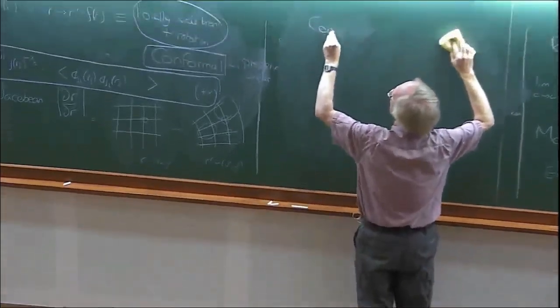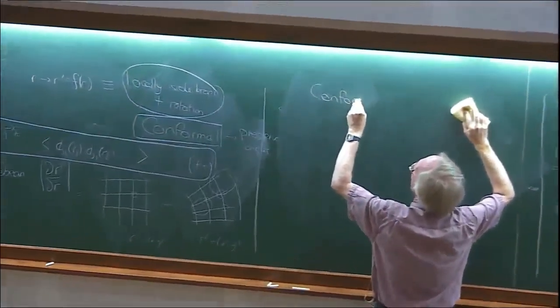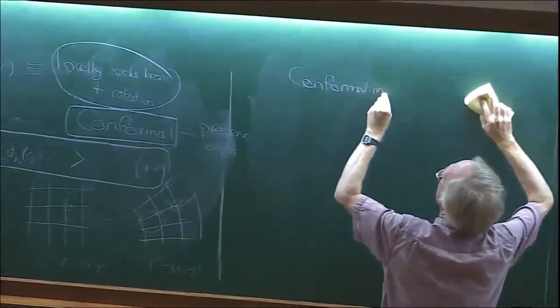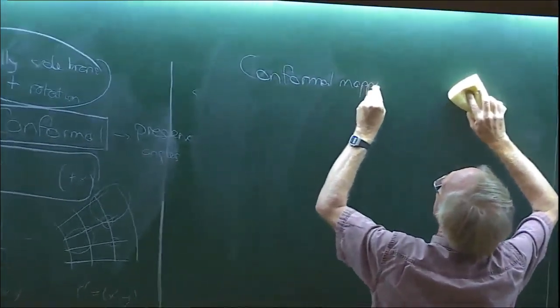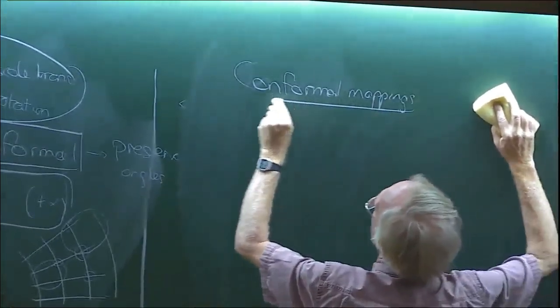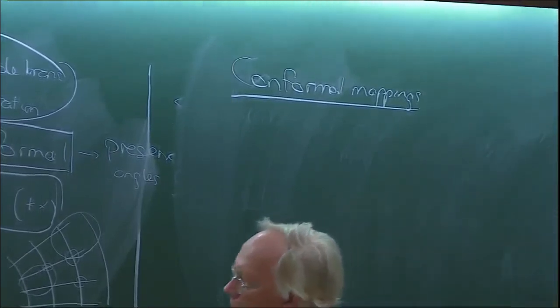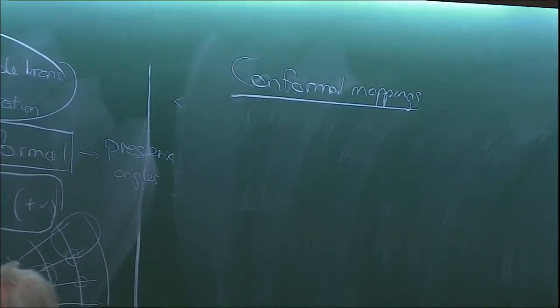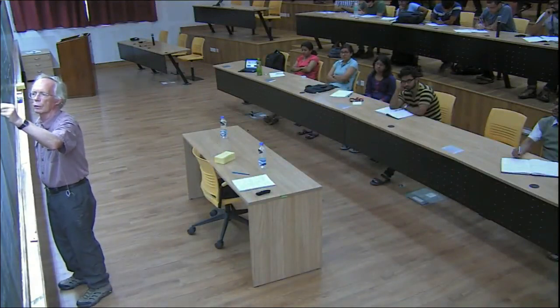This is the topic of conformal mappings. Okay, so the question was, how do we know a given mapping R goes to R prime is conformal? Well, one way to look at it is to think about a mapping which is infinitesimally close to the identity, right? Where we only make a small change. So if we look at an infinitesimal one,